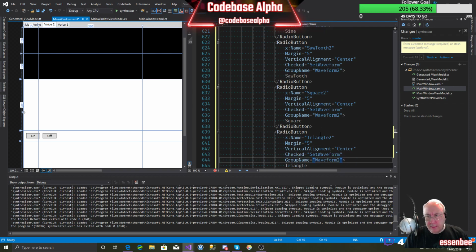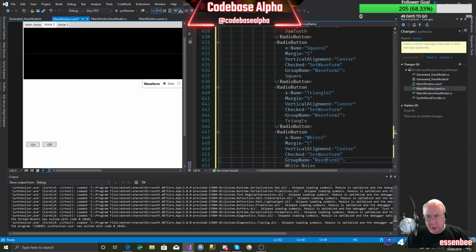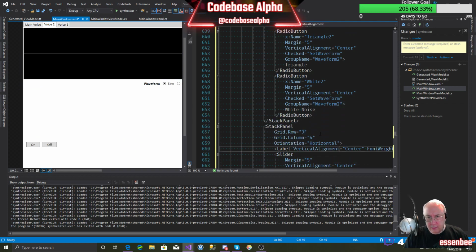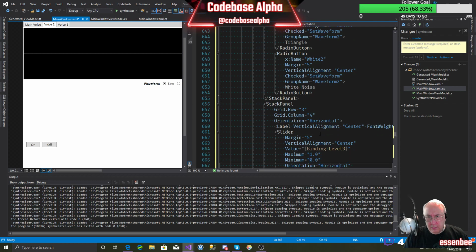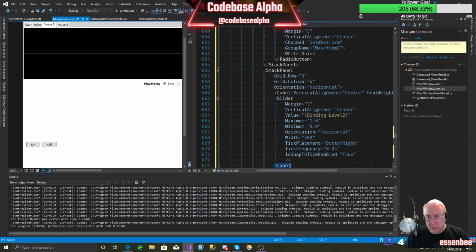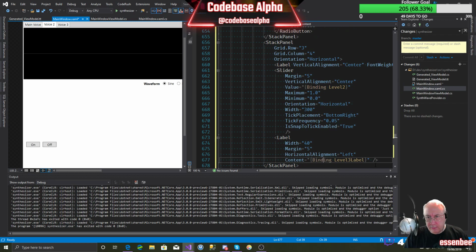How weird that it messed up like that. I think I must have done a format document and it decided to mess with my layout, which is quite fascinating. Binding level 3. This should be binding level 2. And this should be down here. It should be level 2. And then what we can do is grab this stat panel,